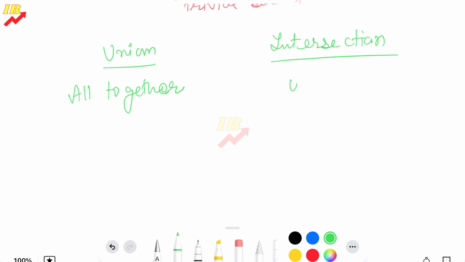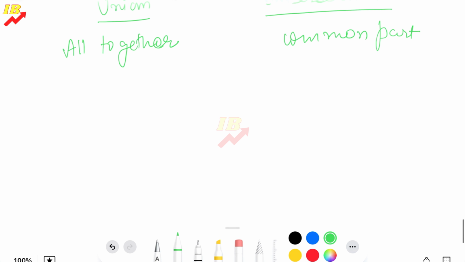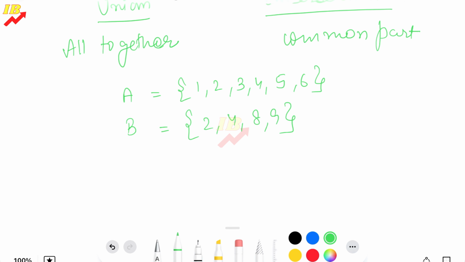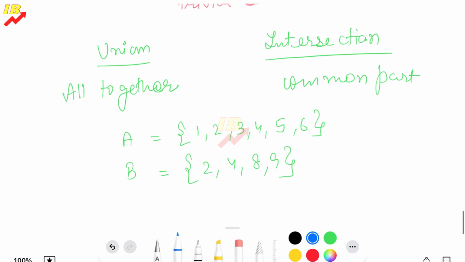Intersection means the common region or the common part that is counted in both the sets. So let's take an example. If we are taking A set as 1, 2, 3, 4, 5, 6, and B set as 2, 4, 8, 9. One more thing is there: how do we denote union and